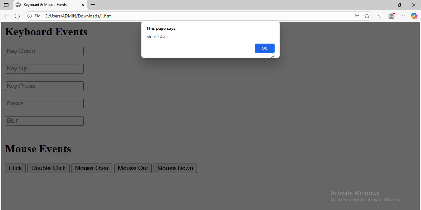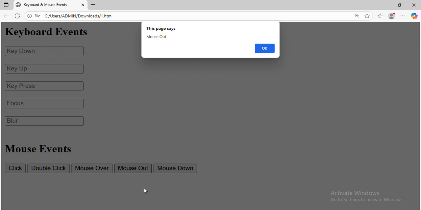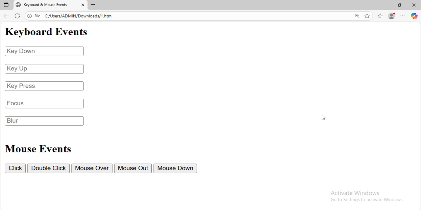As soon as, after moving the mouse on that button, you move it to the other area, the mouse out event will occur. So we have not pressed that button, we have just moved the mouse on it, and after that we are moving the mouse out of that particular button control.